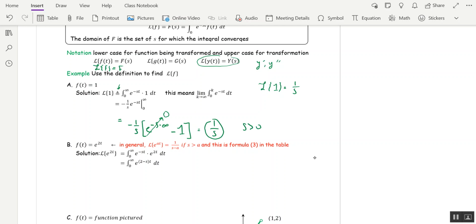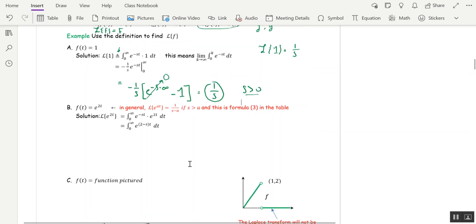We're not going to really worry about the restrictions on s when we're actually solving differential equations with Laplace transforms. We're just going to assume that they're in the place that they need to be. But for now, I'm just going to write s greater than 0. Okay, next one, e to the